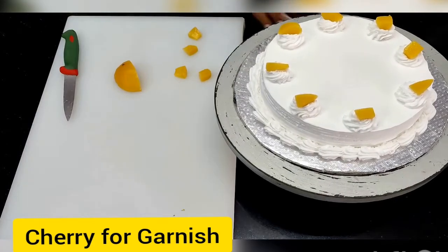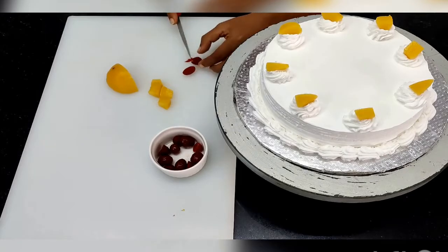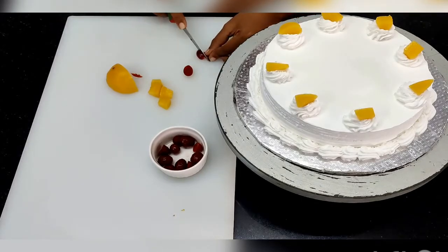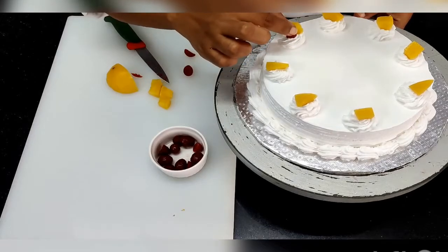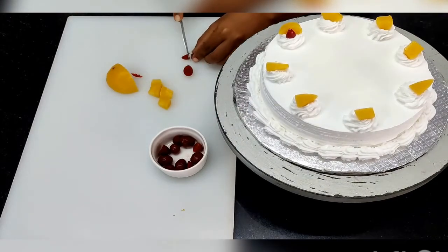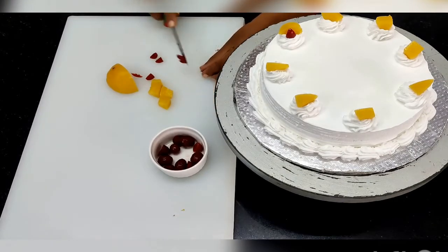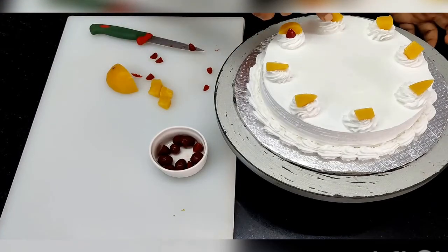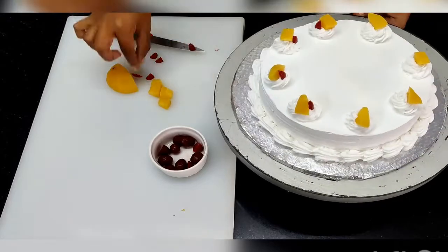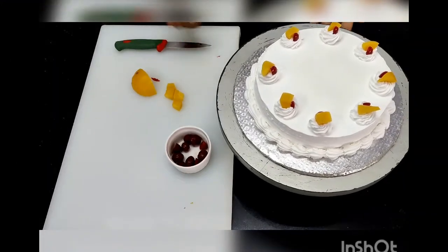I'm going to even add cherries. I have cherries here. Okay. So I'm doing the same way. I'm going to cut it. Just place them. So it gives a nice, beautiful color. Okay. Like this, you can finish the